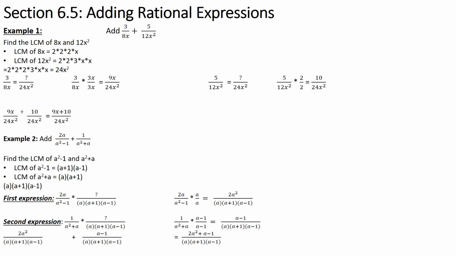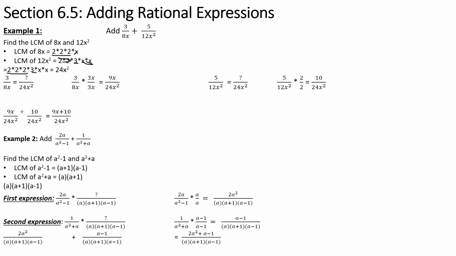Let's look at 3 over 8x plus 5 over 12x squared. Well, the common multiple of 8x, let's multiply it out, is 2 times 2 times 2 times x. The common multiple of 12x squared is 2 times 2 times 3 times x times x. And I've got 3 2's here, so we don't use those there. That's that. We got 1 3 left over right there. And we got 2 x's here, and that crosses that off. So the least common multiple is going to be 2 times 2 times 2 times 3 times x times x is 24x